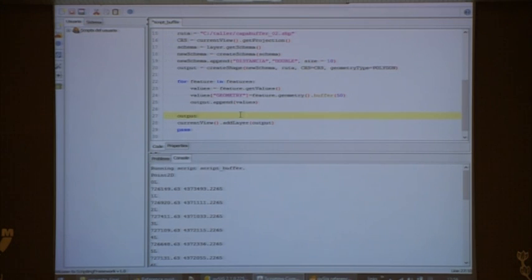So what we are doing now is, once we have all these entities in the buffer layer, we are going to save that layer. Then we do output, and with that, we should save that. And as we did, we are adding this to the view. And if everything goes all right,